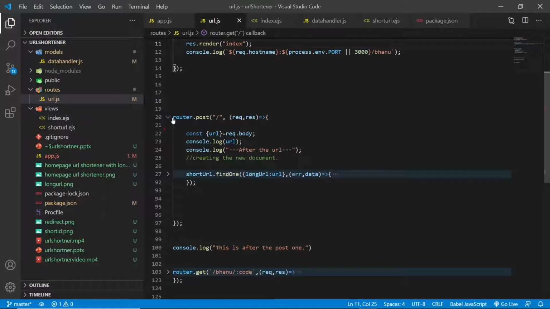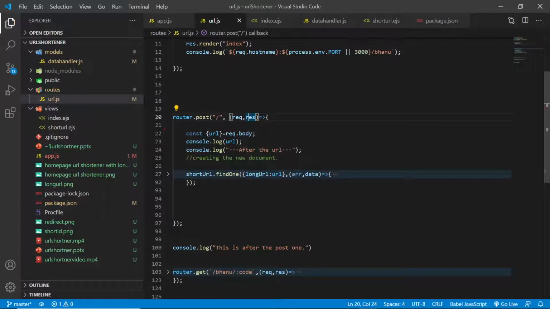and let's understand this particular route. Whenever the user posts, that means whenever the user clicks on the click button, this particular route has to handle that. It is receiving the request and the response, and this is a post route, right?